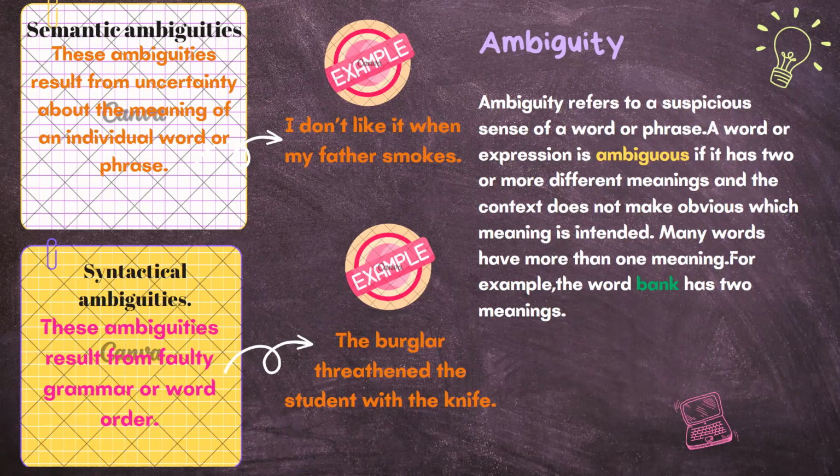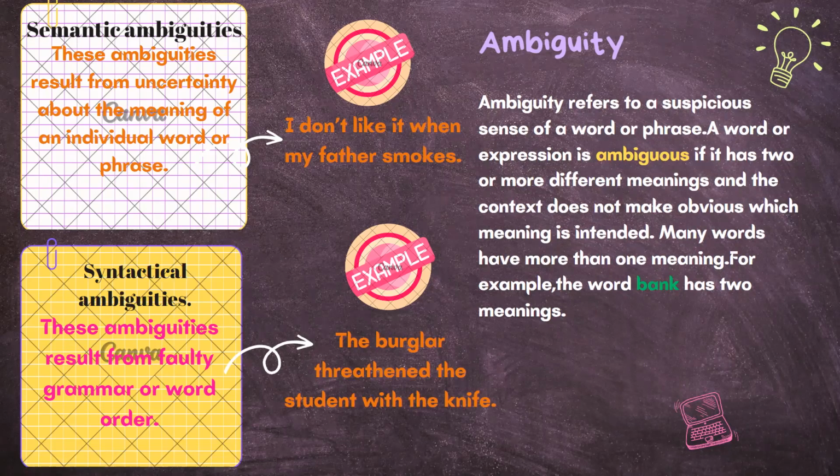We can say there are two kinds of ambiguities. The first one is semantic ambiguities, and the second one is syntactical ambiguities. Semantic ambiguities result from uncertainty about the meaning of an individual word or phrase. And there is an example about it. I don't like it when my father smokes. The word smoke has more than one meaning, and the significance of the sentence changes dramatically depending on which meaning